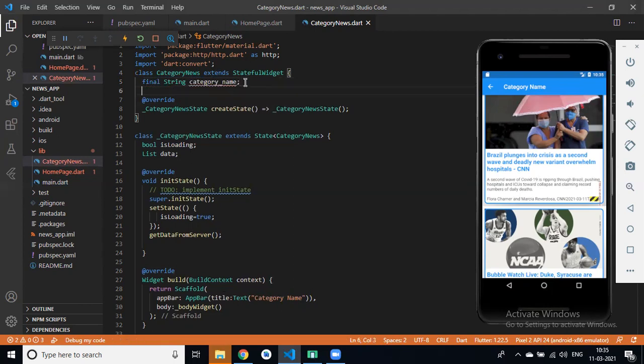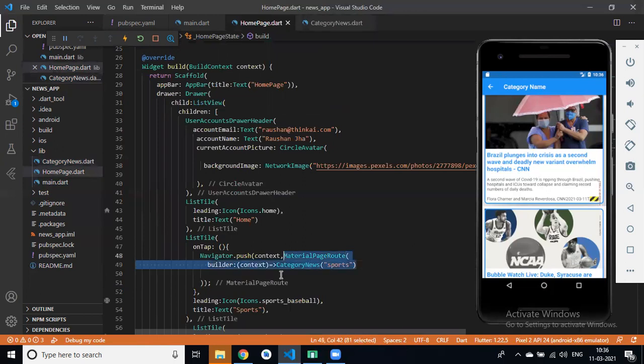And in this we create a constructor, CategoryNews, then this.categoryName. This CategoryNews is a constructor of this class. Yes, Roshan, this is the constructor of this class. Now the error will go away.